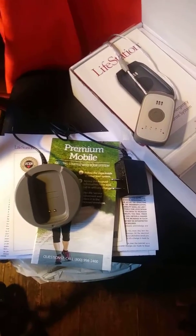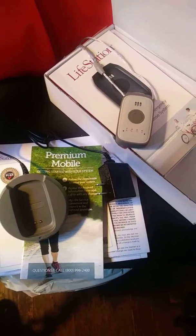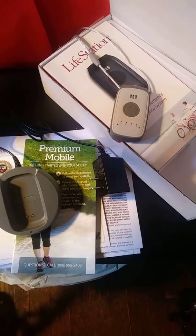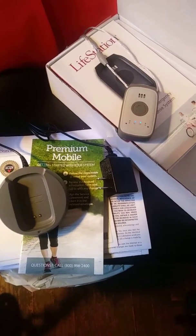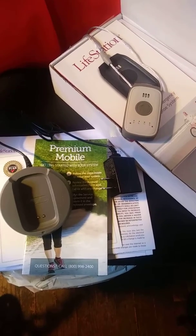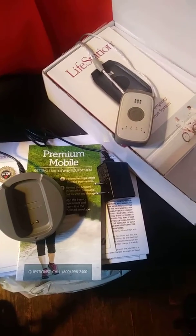This is a quick video. I just want to show you my new LifeStation Medic Alert button. Now, if you've ever wondered about having one of these, or put off having one because you thought you didn't want that self-image of the ad on TV, "I fell and I couldn't get up," and